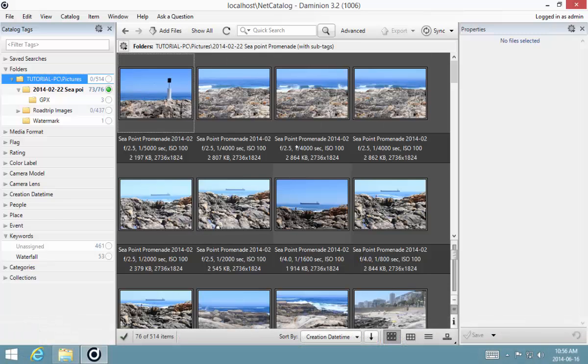As you can see, I've got a couple of images open in my Dominion catalog here already, and if you notice here, they're quite high resolution images, which are not really suitable for emailing and distributing. So we're going to talk a little bit about the export feature today, just to resize and reshape large groups